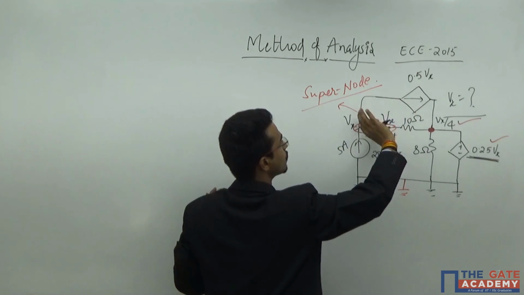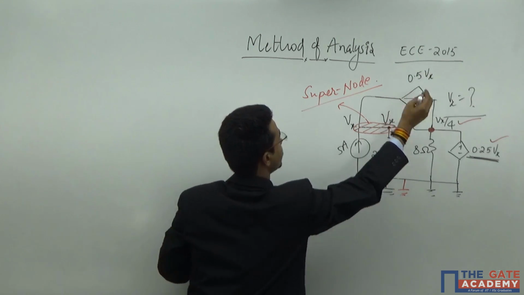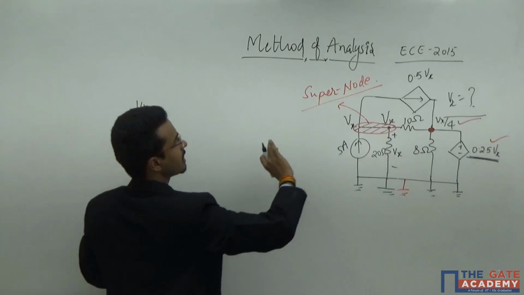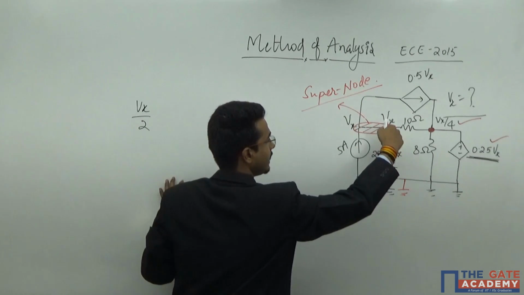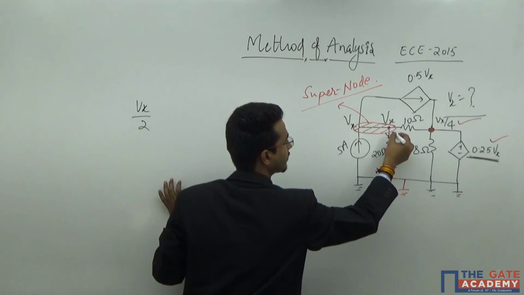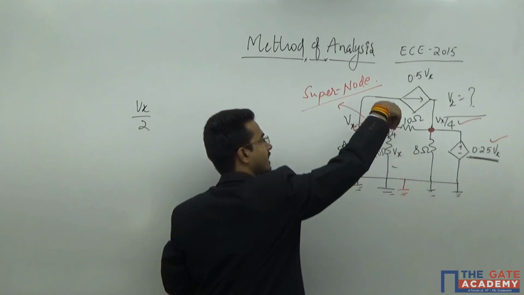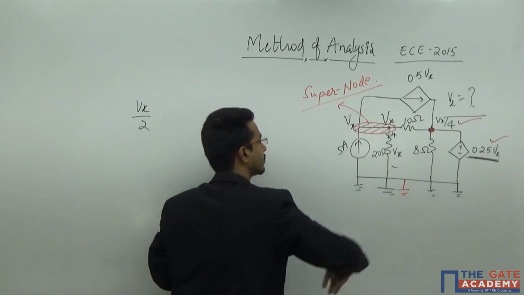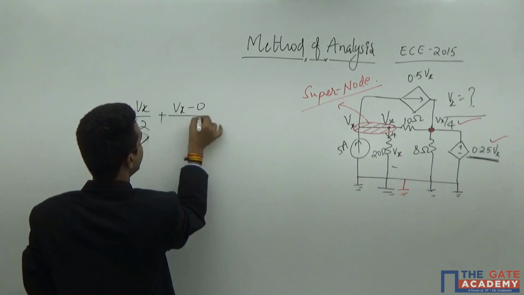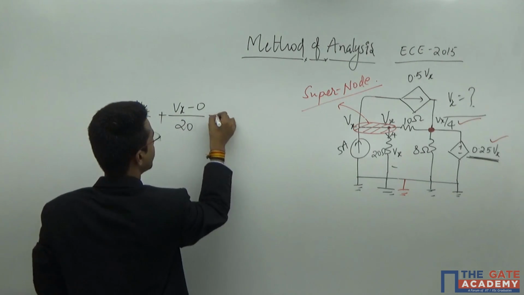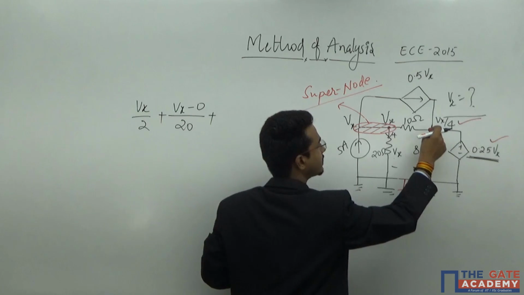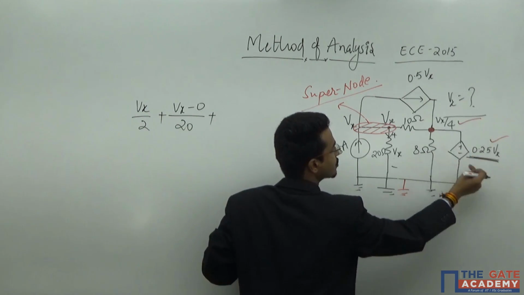Here the current is outgoing, which is 0.5 Vx. That means Vx by 2. It is outgoing. Here the current direction is not mentioned, so I will assume that this is at the highest potential and the current is leaving from this node. That means plus (Vx minus 0) by 20 plus (Vx minus Vx by 4)